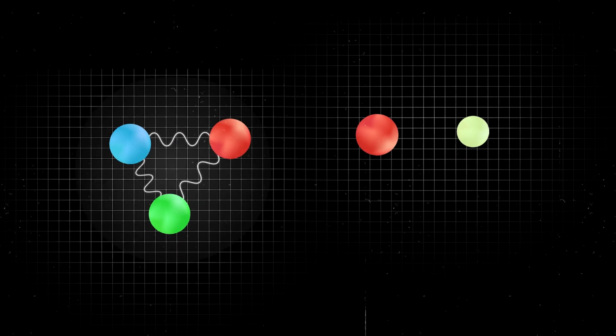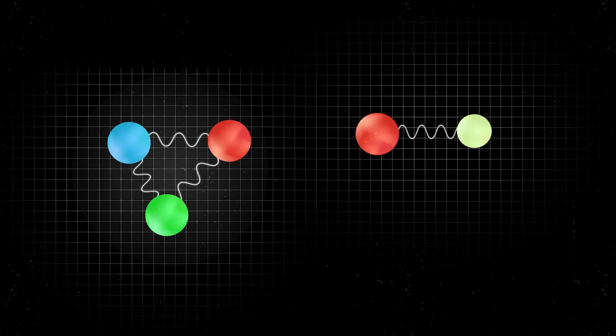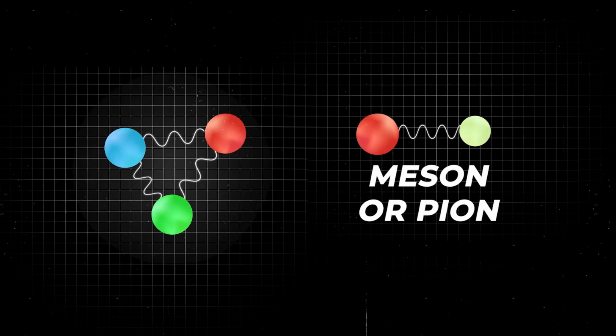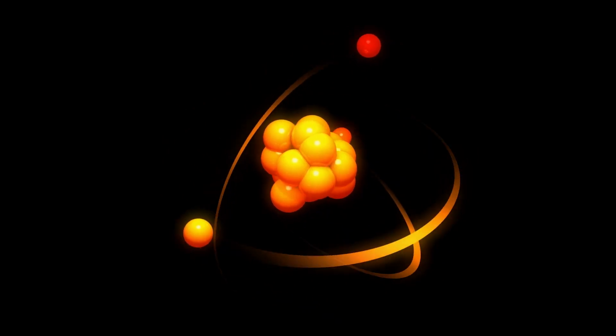The quark returns to its place within the proton or neutron, and the antiquark forms a component called a meson or pion together with the original quark. And these mesons go from one neutron or proton to another and act as gauge bosons in a way very similar to gluons. They are responsible for holding the atomic nucleus together and for having mass. And when placed in the equation, you will find that they have an extremely small range, which is practically the size of a proton. And it is thanks to these mesons and gluons that atoms can remain stable and that